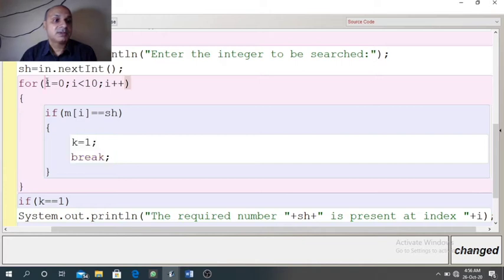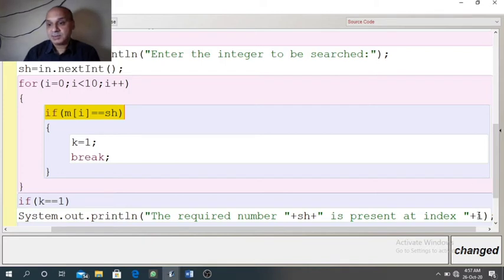Suppose the element is not present the first time, then the body of if will not run, then i will update, i will become 1. Now again 1 is less than 10. This time M1 is compared with SH. If it is matching, then again k will become 1 and break will take the control outside the for loop, meaning the loop will be over.